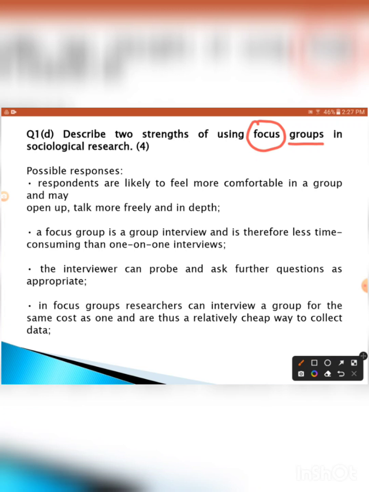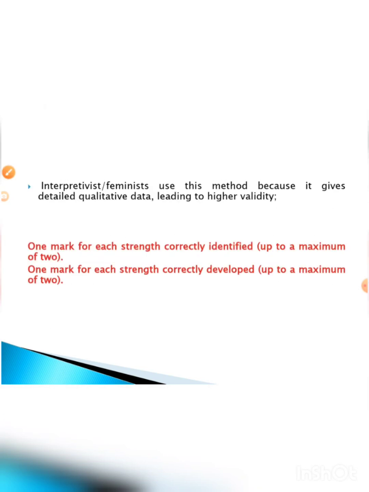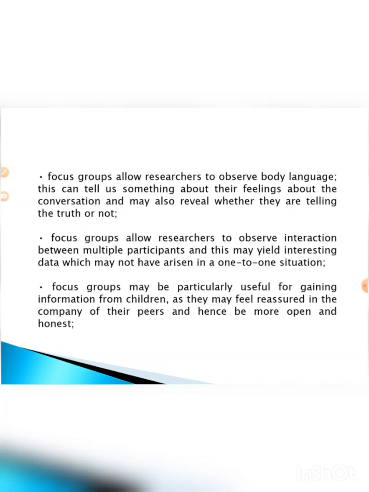यू कैन लिंक दैट थिंग विद दिस थिंग कि this is an interpretivist approach and you are able to get, like I'm telling you this point, this last point, ठीक है, this is an interpretivist approach and you are able to get accurate data by studying a group and you get a detailed information that is more accurate which leads to higher validity, ठीक है. सो इसमें आपका एक पॉइंट आ जाएगा, ठीक है. अच्छा, दूसरा आप क्या कर सकते हो,